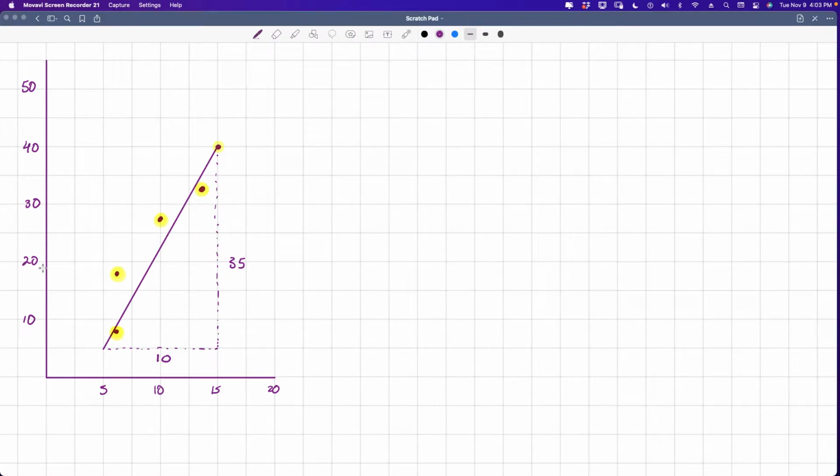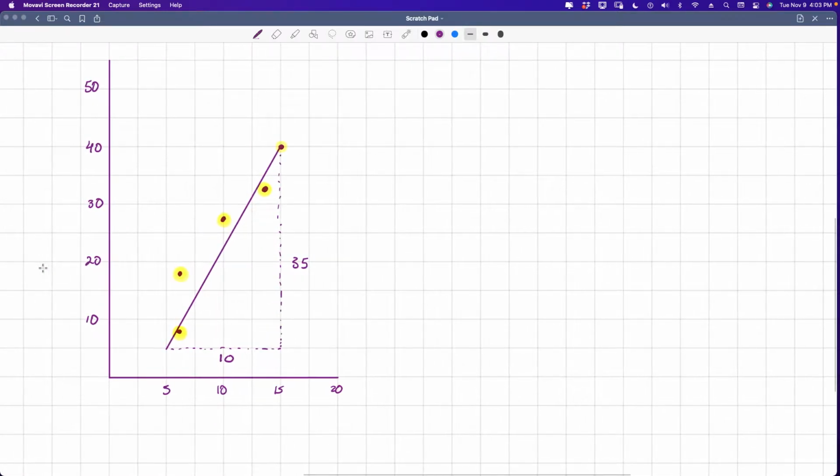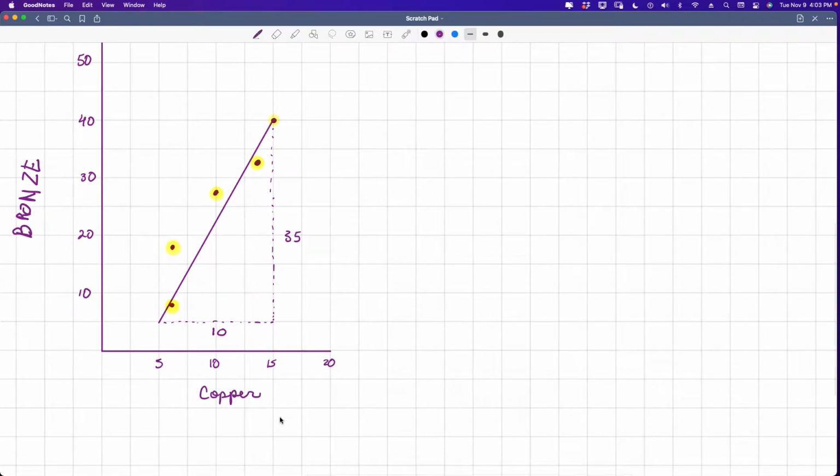So for instance, in this chart that we have here, this side is bronze. I'm going to see if I can write bronze sideways. I may not be able to. Barely. Okay, so that's bronze, right? And this side is copper. And both of these are in kilograms. So this is what our chart represents, the relationship between bronze and copper in kilograms and how they did